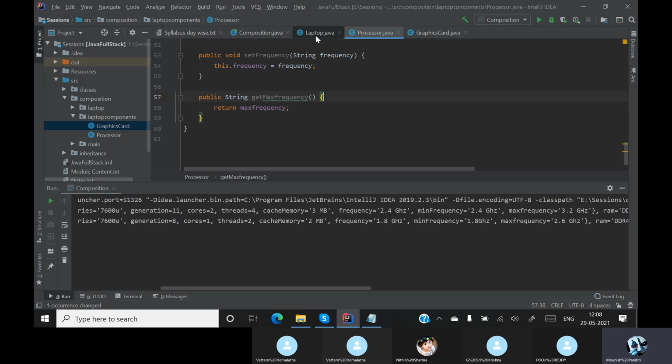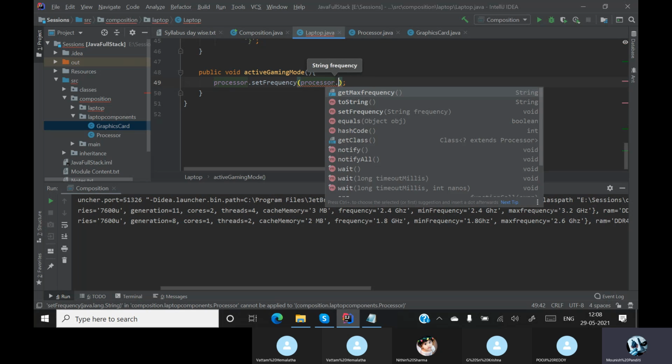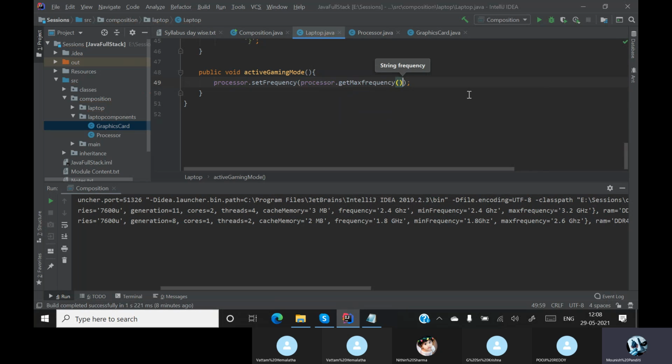Okay, and now let's go back over here. First thing is I must set my frequency to processor dot get max frequency. I am setting my frequency to the maximum frequency.